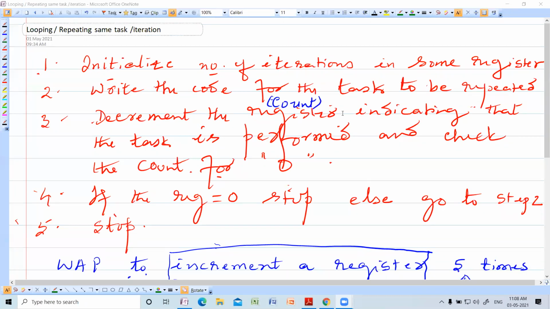Have you understood the algorithm, whatever I have written? Please ping back. Algorithm you have understood. Okay.